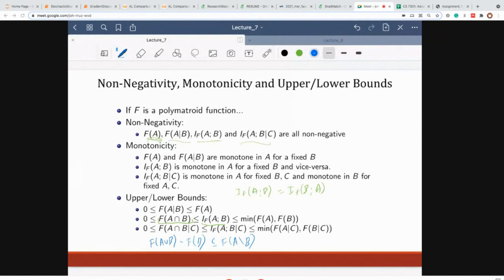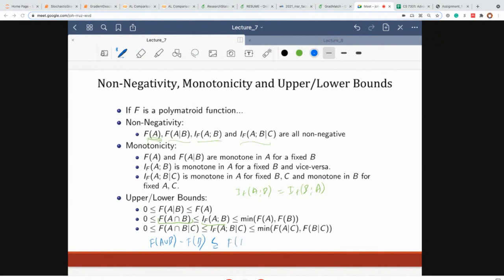So yes, you're right. Basically f of A union B minus f of B is less than or equal to f of A